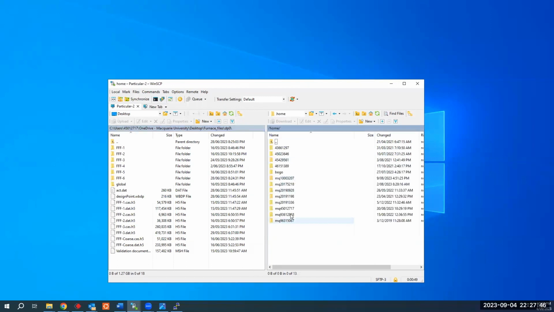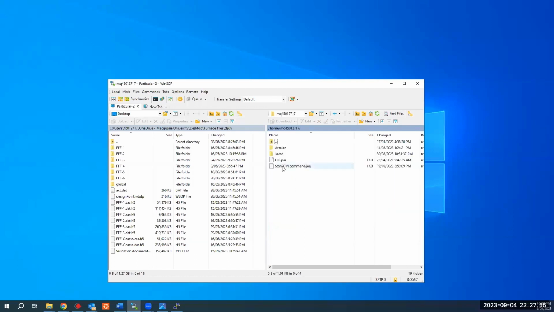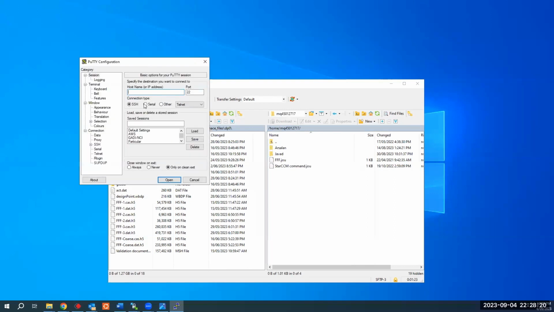So it's a home, and there are different user homes or folders. For example, there is my folder, this one, and I created different folders. Okay, that's fine. So let me just transfer some data here. And yeah, at the same time, I should explain what PuTTY is. As I mentioned, PuTTY is like a terminal. You can insert your command through this